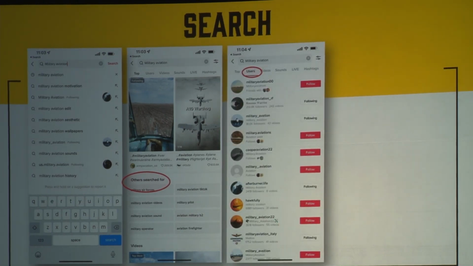So this is the next one. I think this is users, isn't it? Must be users. Obviously, you're going to want to follow similar accounts. That's one of the very first things that you're going to do in your first few days, first few hours on TikTok. It doesn't put them in order, strangely, but you can see how big the accounts are.